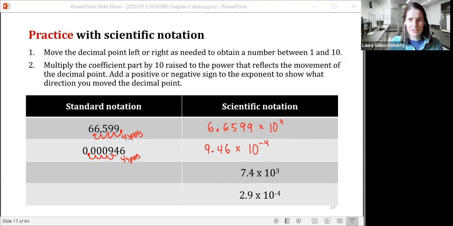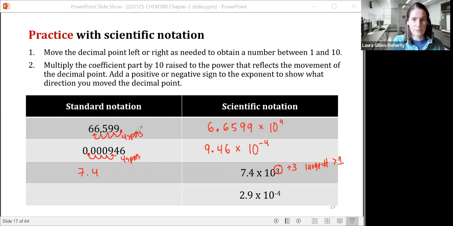Okay, let's take these ones here and convert them out of scientific notation. So here we have 7.4 times 10 to the 3. So I'm going to write my 7.4 here to get started, and then I'm going to look at my exponent. It's +3, so that means this is a large number that's greater than 1. So to get it out of scientific notation, I need to move the decimal point in the opposite direction that